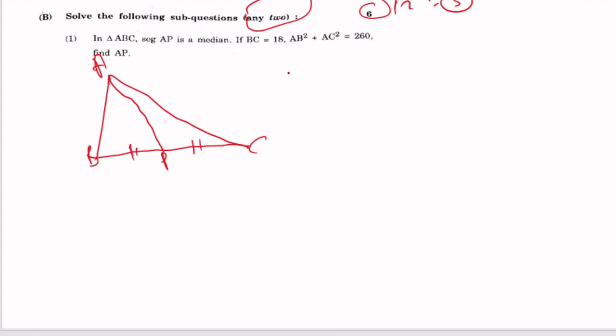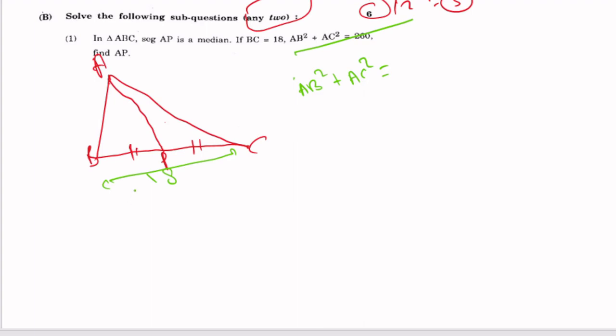Again, it says BC is equal to 18, and AB square plus AC square is equal to 260. Find AP. Again, there is a theorem of median. So if a segment divides a triangle like this, we can say that AB square plus AC square